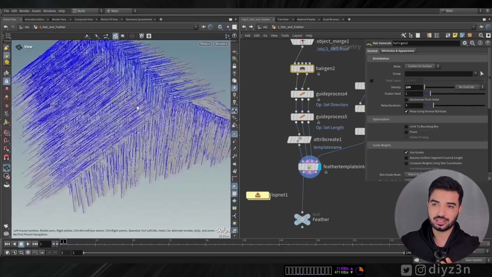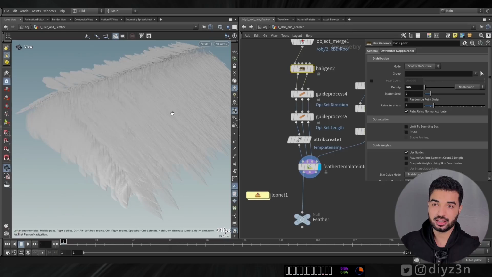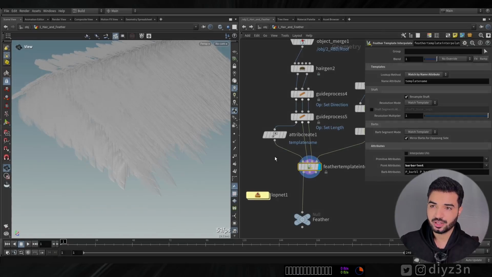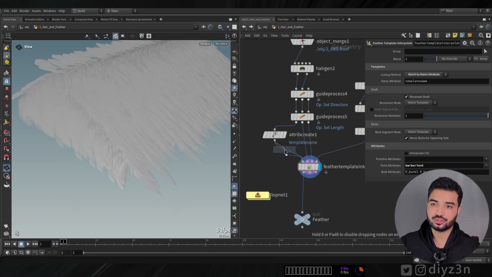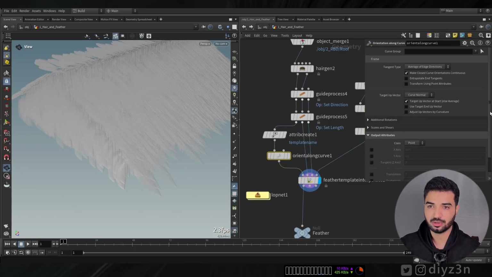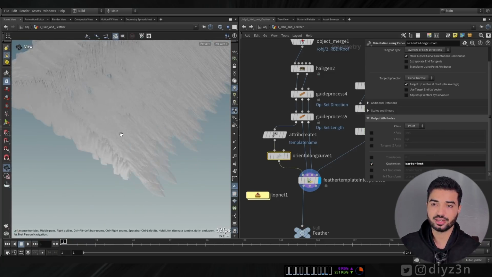You see, our feather orientation, it's not cool at all. You see that? And we're gonna fix that. Let's make it more dense in here, and you see our feather, it's not so natural. So for that we need to use this orientation along the curve, and I want to use this barb orient attribute on this one. Let me disable that and paste it in here, and let's apply some